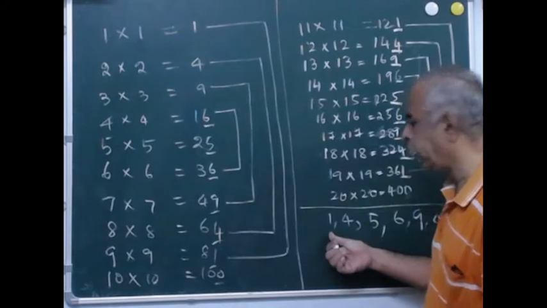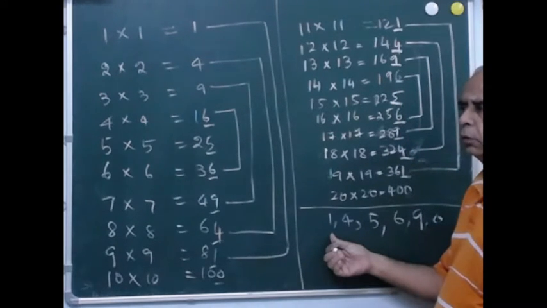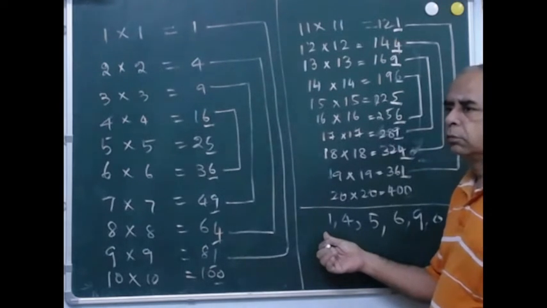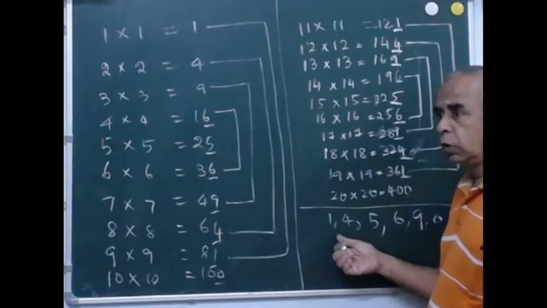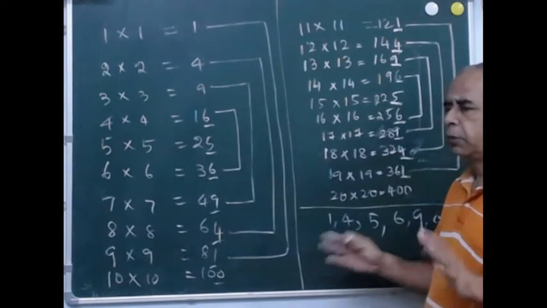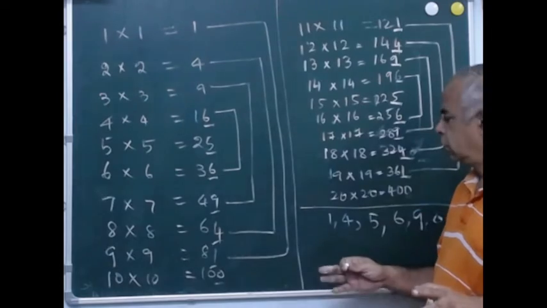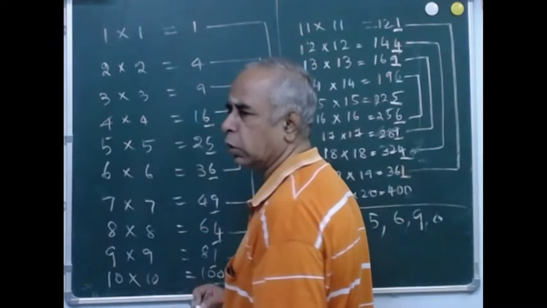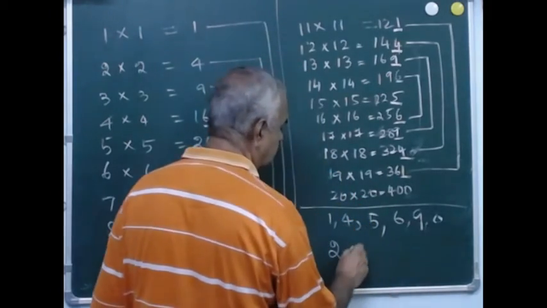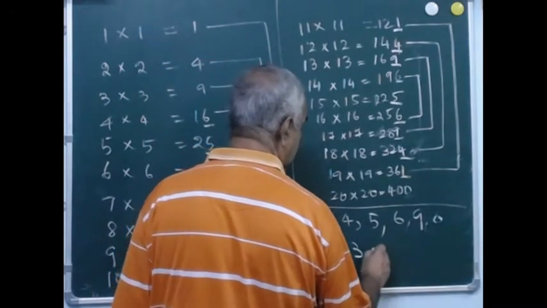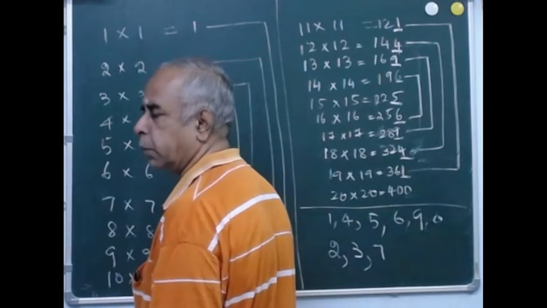For example, we can check 81, which is 9 squared. Are you able to follow? 81 is 9 squared, but you cannot take 71. It's not a perfect square. What we say is, it may. But definitely there are some numbers which will not give a perfect square. What are those numbers? The leftover. You will never get any square ending in 2, correct? You will never get any square ending with 3. You will never get 7 as a unit digit for any perfect square.